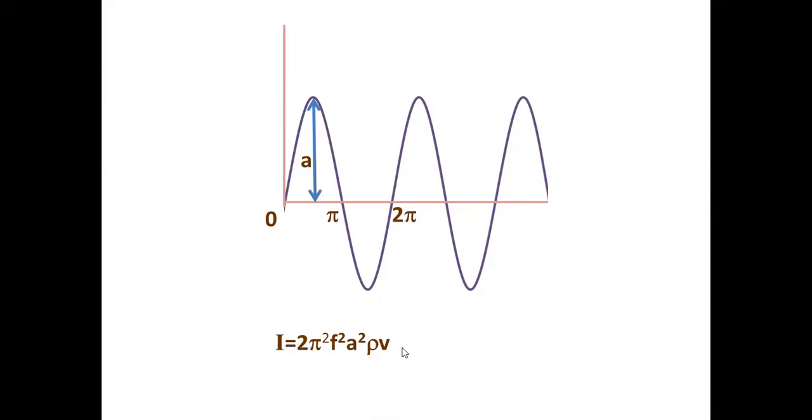This formula doesn't appear in the syllabus, but this is very much needed. It is not given in the syllabus for the reason that it is already studied in the previous class. That's all. So what is the formula? Intensity of any wave traveling in a medium is 2 pi squared f squared a squared rho v. What are the terms? 2 pi squared is common, that is a constant. f is the frequency of the wave. a is the amplitude of the wave, the maximum displacement. rho is the density of the medium. v is the speed of the wave, the speed with which it travels in that medium.